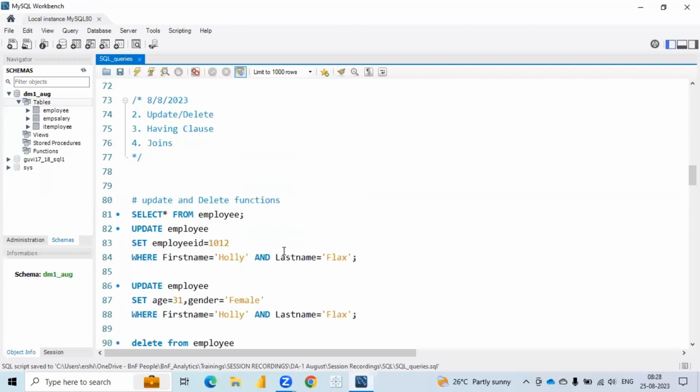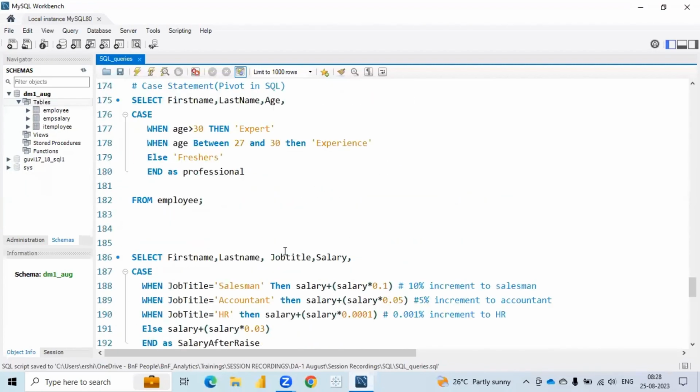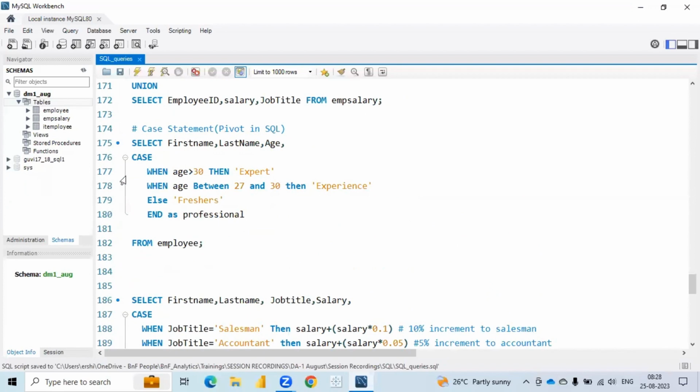Just like in a case statement, if you look into it again, here it is, the small one. What this case statement is doing is, from the whole data it will look into it and give you a particular result. It will scan the whole data and give you a summarized result,